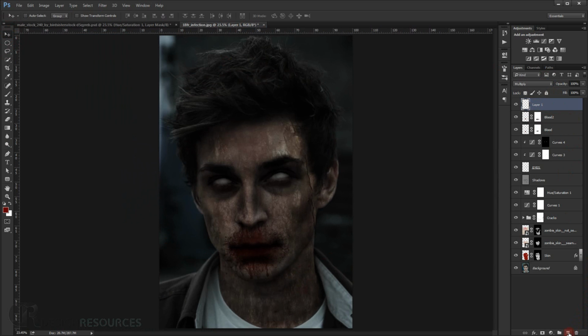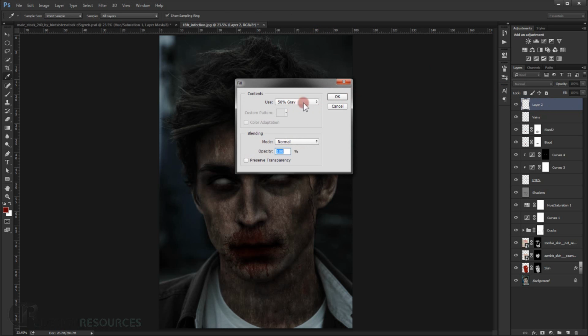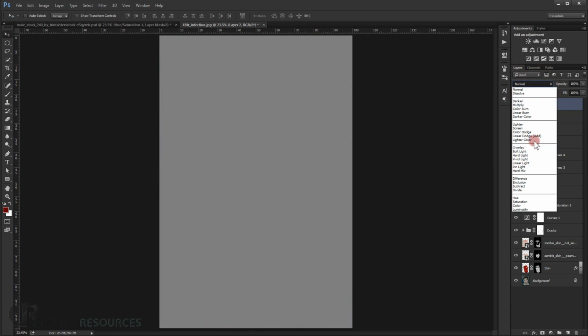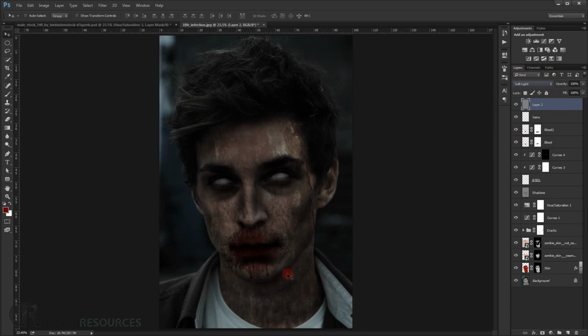Alright, now I will make another 50% gray in here, so we just make a new layer. Let's call this veins first, and let's make it in a 50% gray, so we'll press Shift F5 again, and 50% gray, and then press OK. This time I will change it to soft light because we just make it like everything settle down. So we just press 10 or 15% opacity by 15% flow,